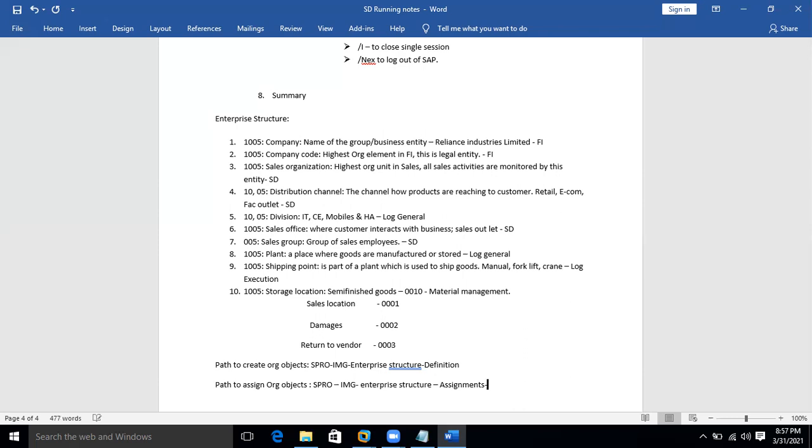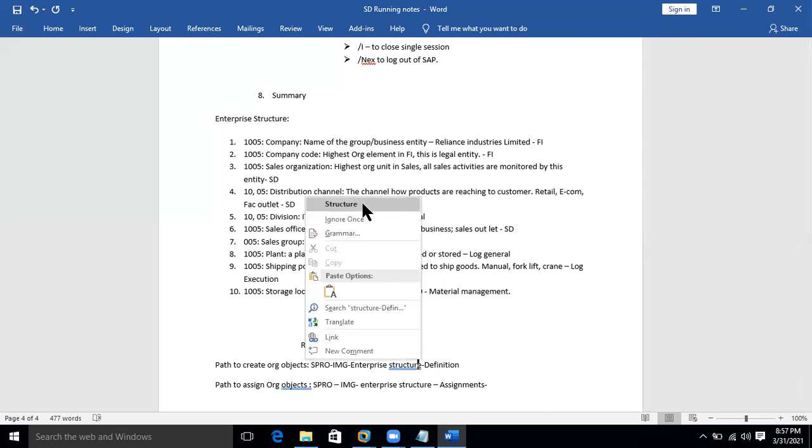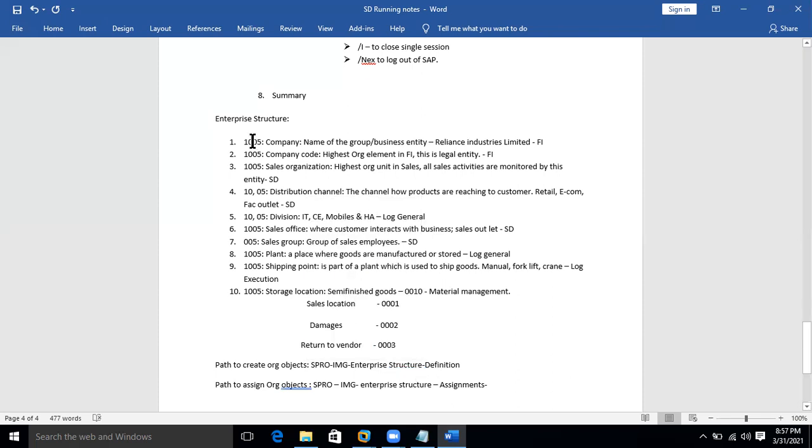Okay, here you go and assign based on module and the object. We will be forming a hierarchical structure using these objects, whatever is already created.